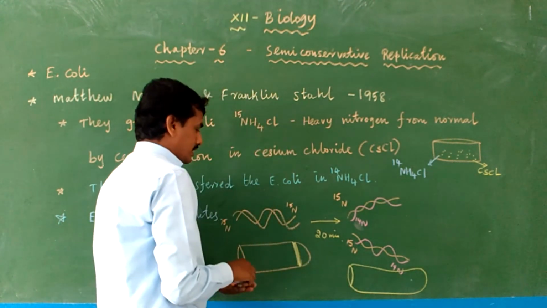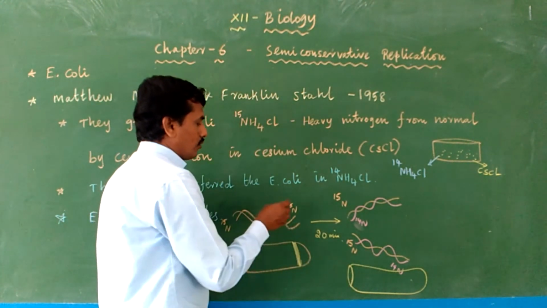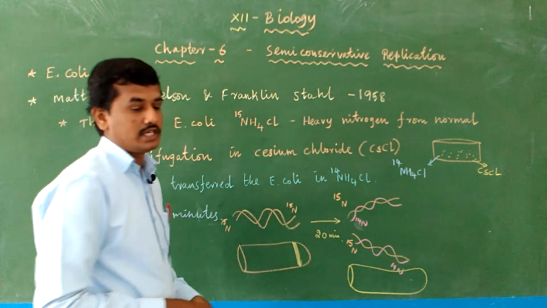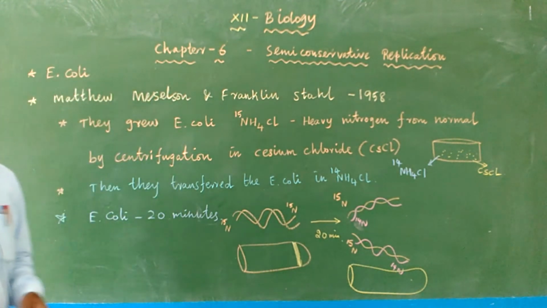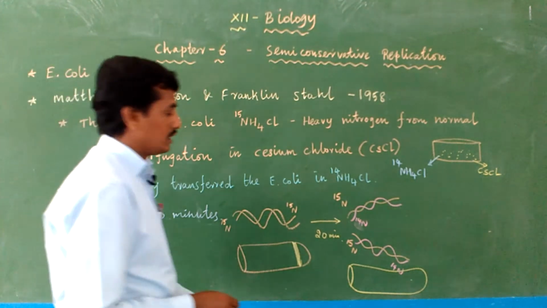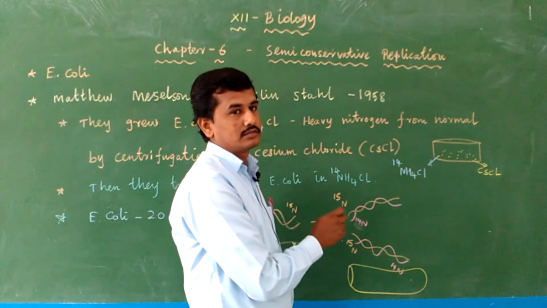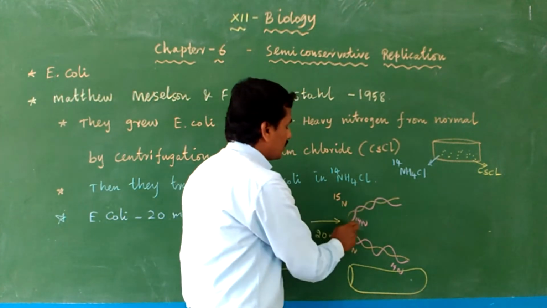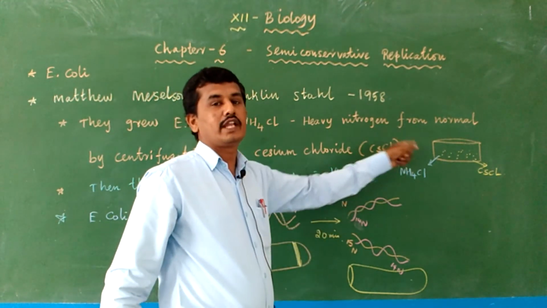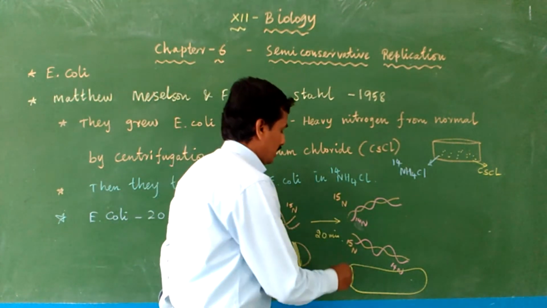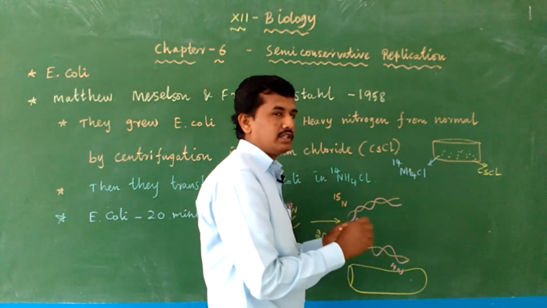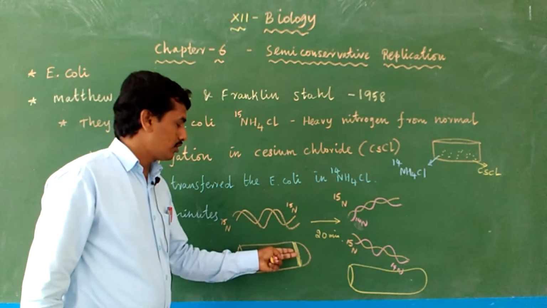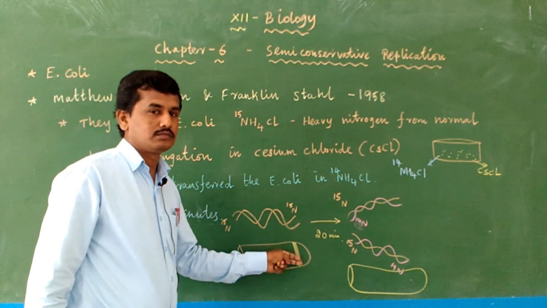Okay, but here what? One helix contains N15 and one helix contains N14. Then mixed DNA are present. In one DNA, one strand has N15 nitrogen base and the other strand has N14, because we add N14 to the next generation, the second generation. Okay, now N14 means less dense as compared to N15. Here both strands are 15, 15, so the density is more, so it settles into the lower bottom of the centrifuge tube.